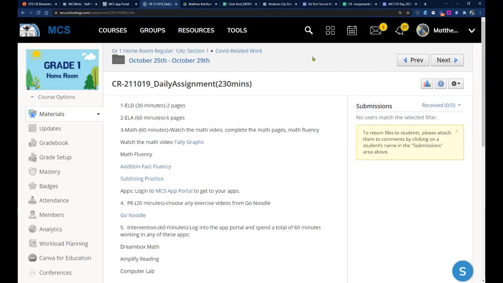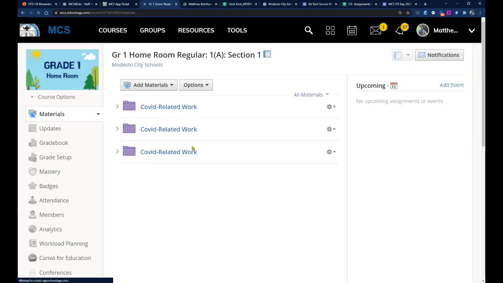Okay, and can you address again, I think you answered it, but I just want to be sure. They do their daily or their COVID related folder, and then within that, can they have a Monday folder, Tuesday folder, Wednesday folder, or does it need to just be the COVID related folder and then the assignments listed? Yeah, so I